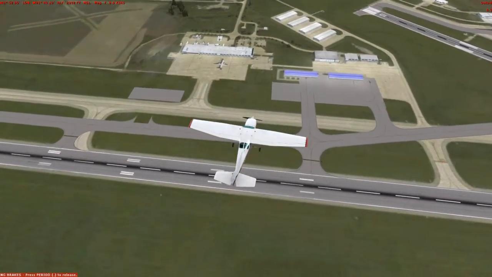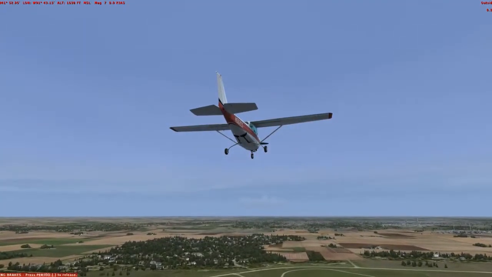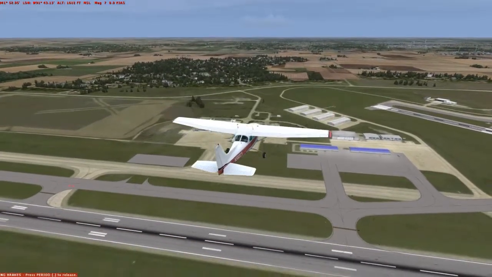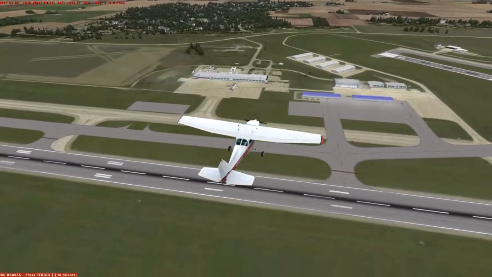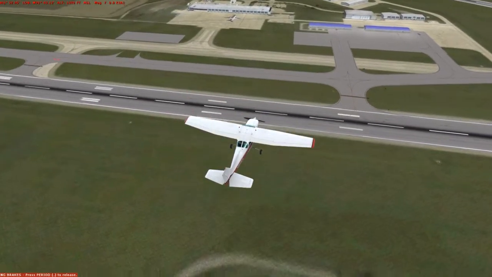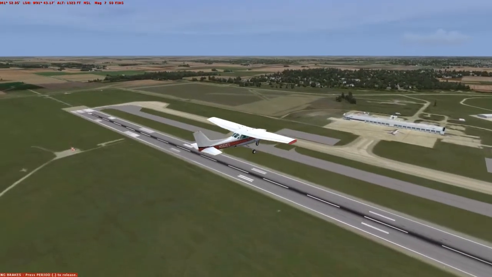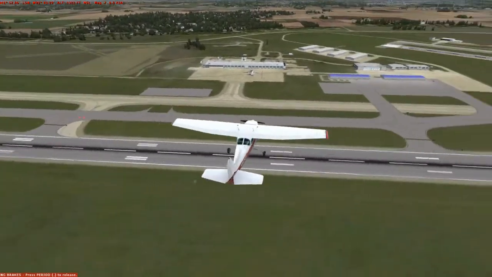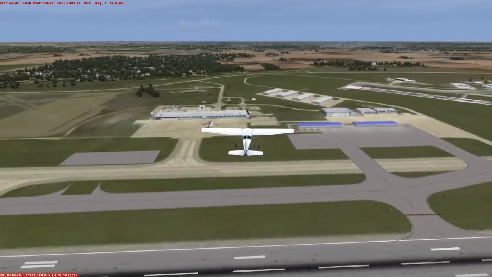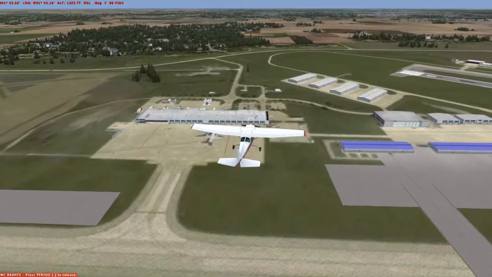So far, I can't recommend this airport. Which is a shame, because the other airports that they've done look fantastic. This one,